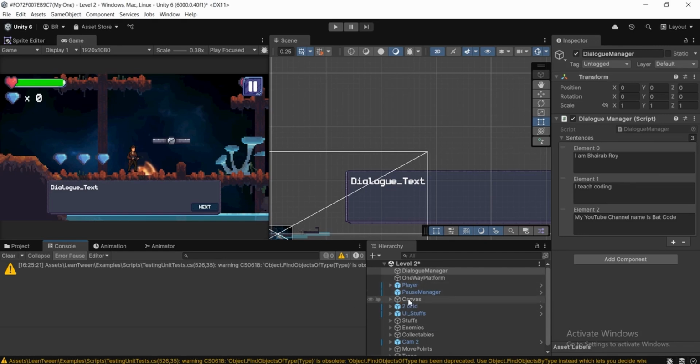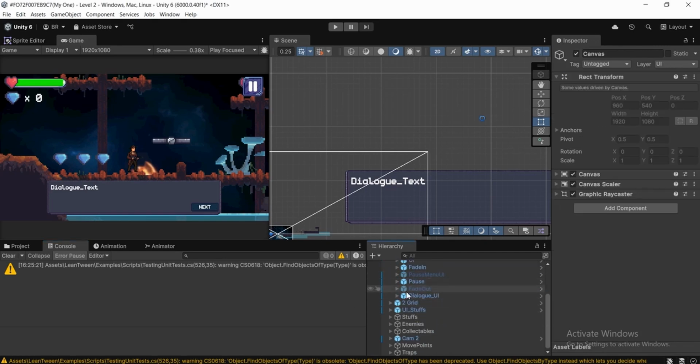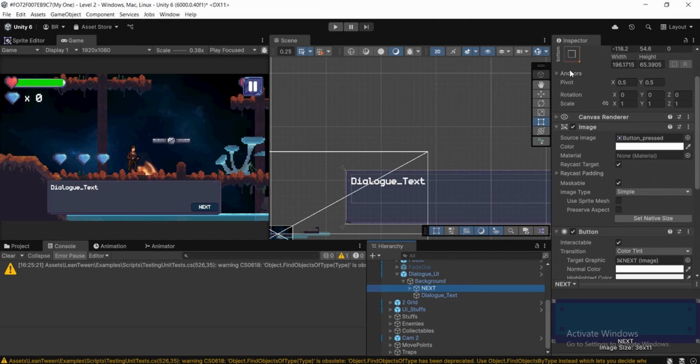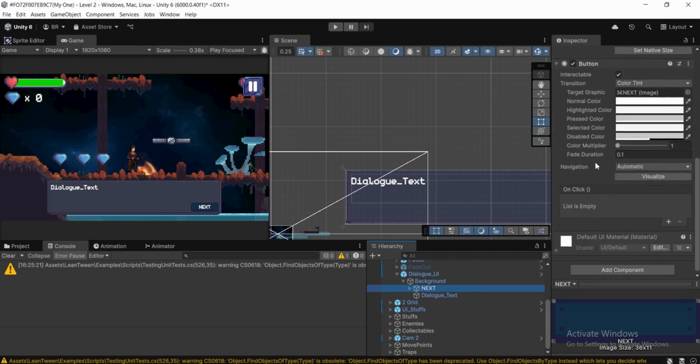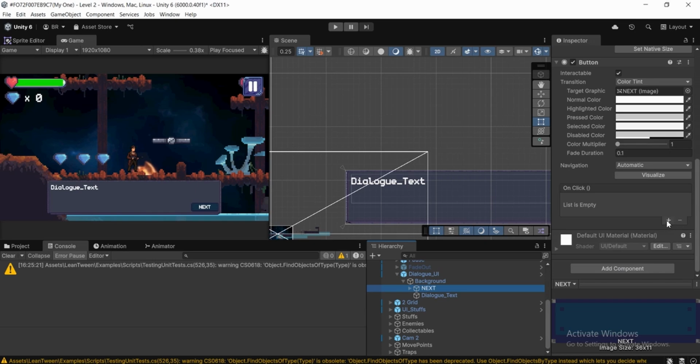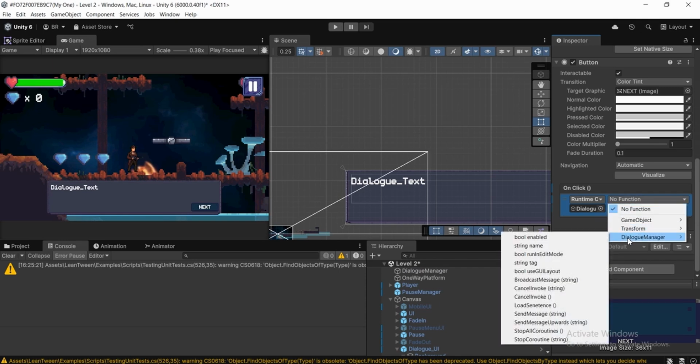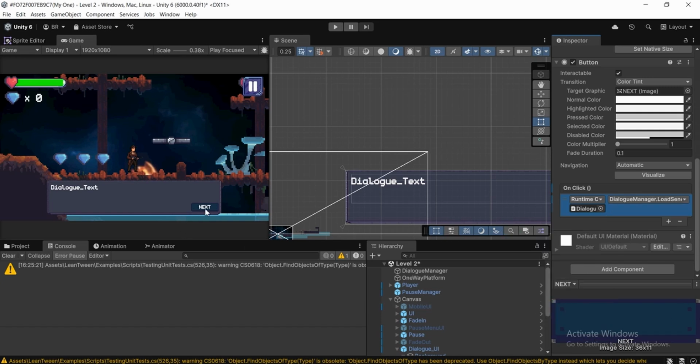So let's go over to canvas in the hierarchy, then dialog UI. I will choose the next button, and go over to inspector, scroll down to the button component, and let's click on this plus icon. And we need to drag the game object on which the script is sitting. So in my case, this dialog manager, so let's drag it there, and it says no function, so let's click on it. Let's go to the dialog manager C# script, and there I can see I have created this LoadSentence function. So I'm gonna choose that,